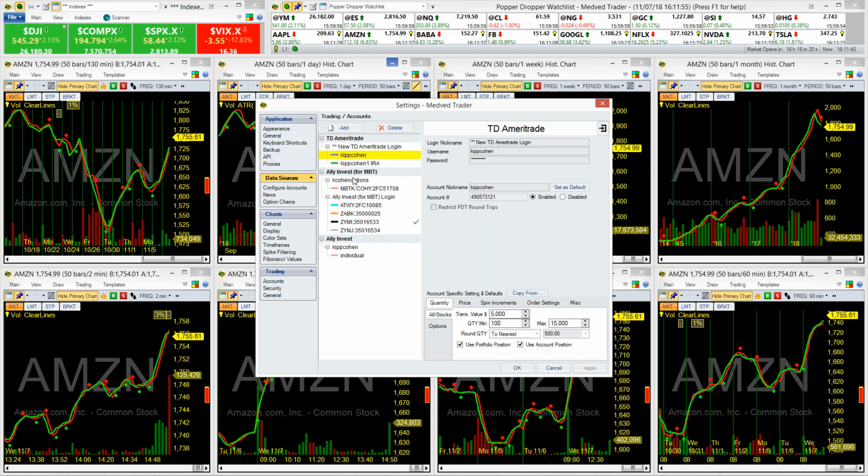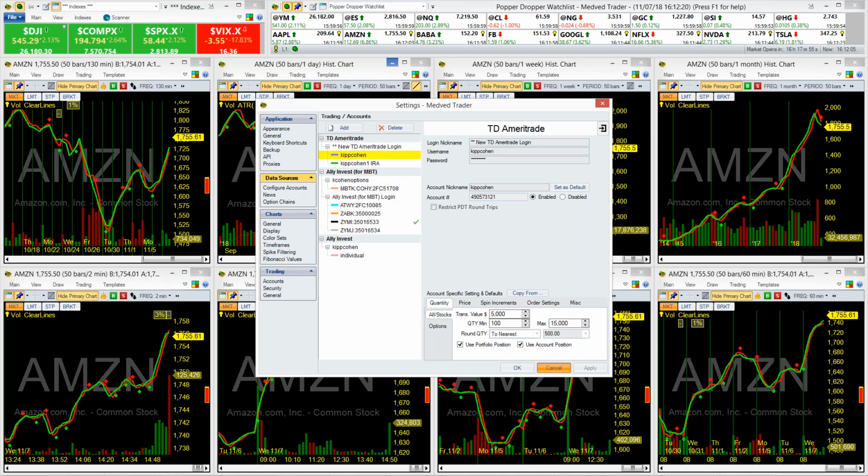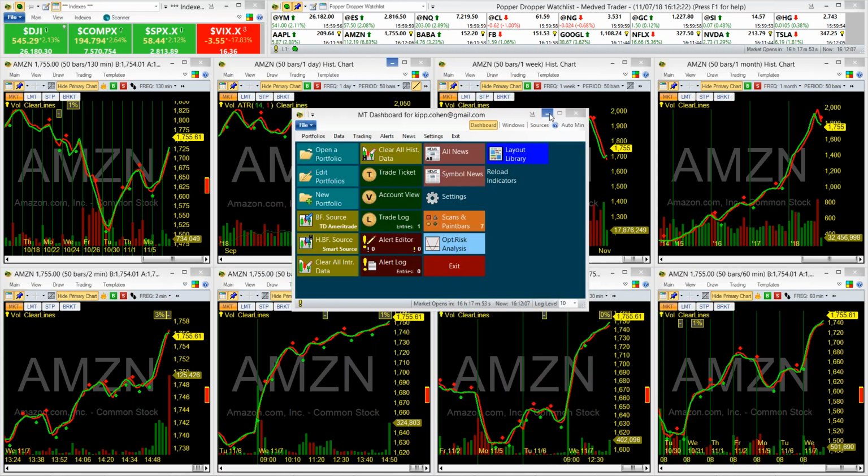So the listing, these are the brokers just for trading. So Ally Invest, Ally MBT. There's some cryptocurrency, there's a couple Italian brokers: E-Trade, Gain Capital Futures, Interactive, Questrade, Rhythmic, Robinhood, TD Ameritrade, and Tradier. They're all integrated with the Medved Trader platform. So Medved is more like a traditional